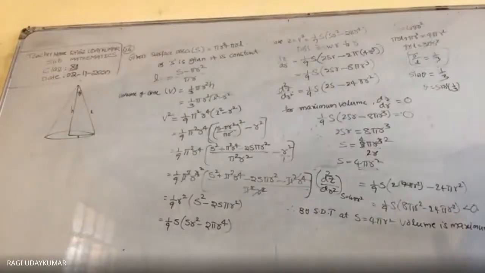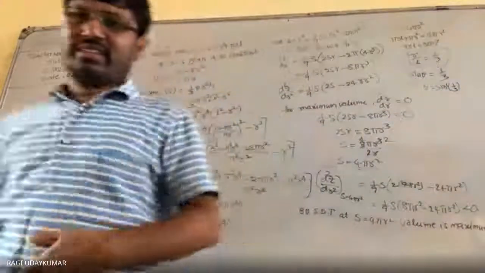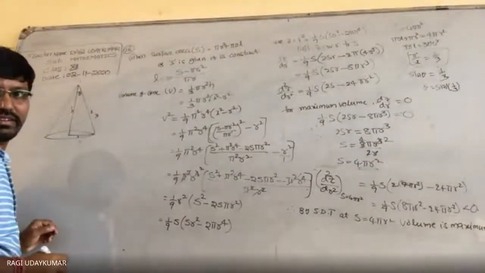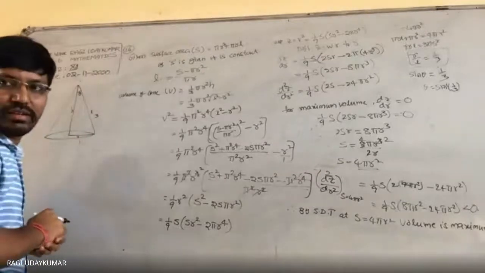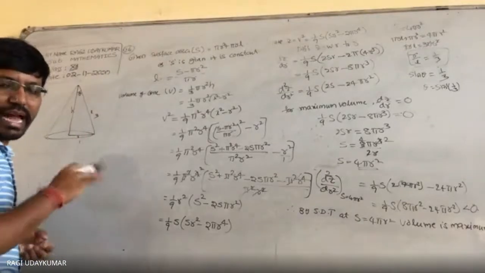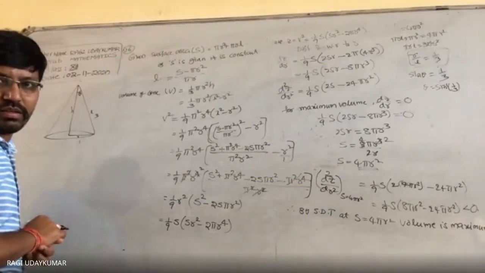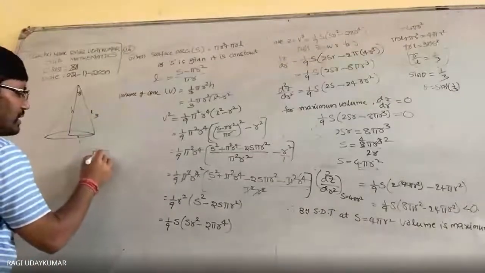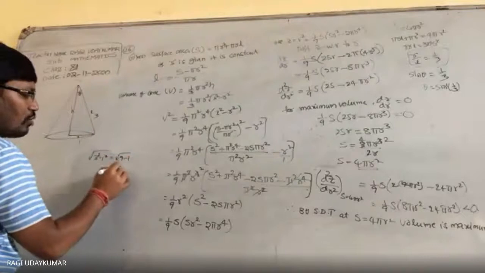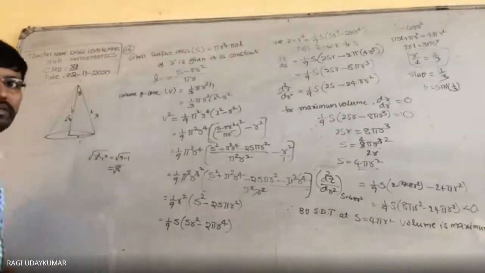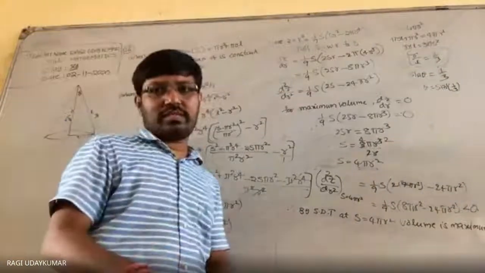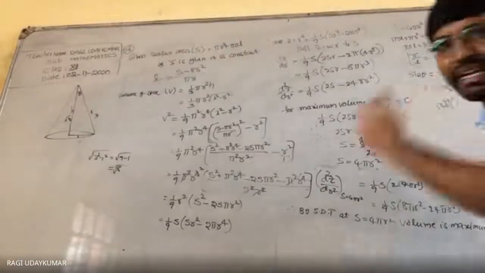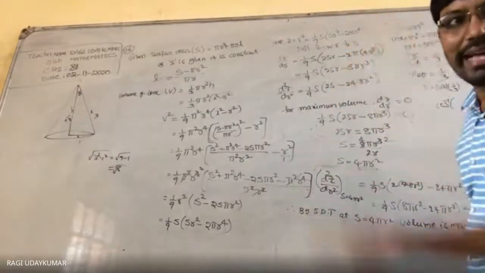So the same question can be asked in another way also. How? This is 1, this is 3. What will the height be? Apply the Pythagoras theorem: 3 square minus 1 square. It will be root 8. The same question can be asked in another way. Instead of sine inverse, if they want cos inverse of the semi-vertical angle, cos inverse is equal.